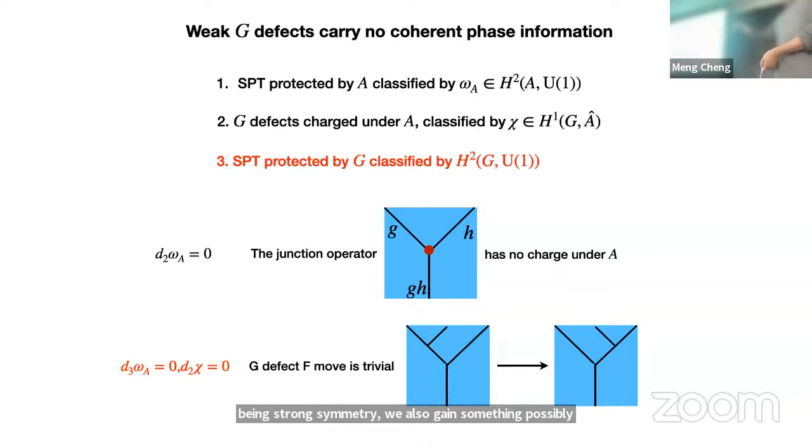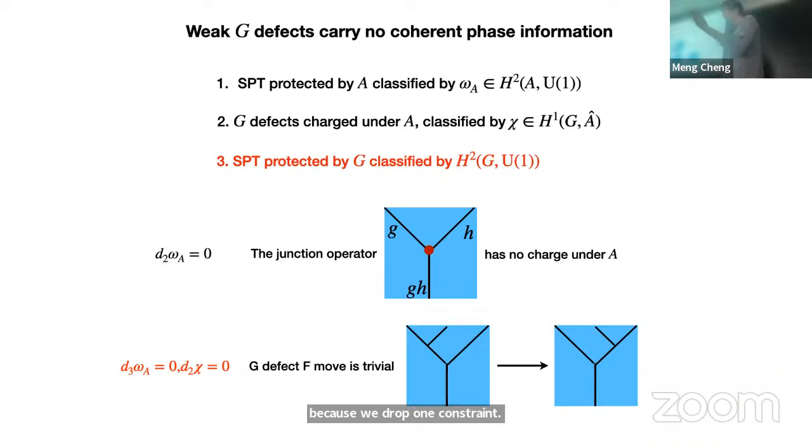So one constraint is released, even though we lose something. So it's just a different classification now. And that allows a possibility of having something that has no analog in the world of ground state. Meaning that not everything comes from just starting from a ground state SPT and then you put some decoherence. That would be somewhat less interesting. There's something that cannot be purified into a SPT with the same symmetries.